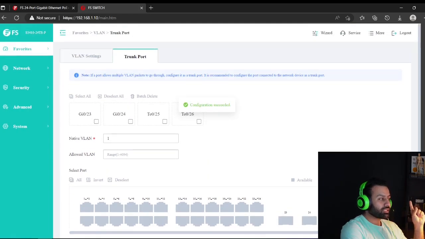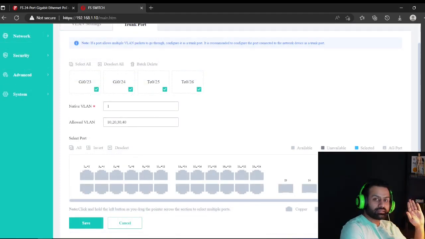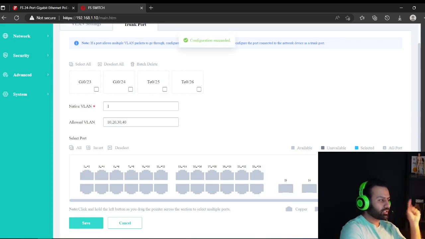All right. Once I save in here, as you notice, Giga 0/23, 0/24, 0/25, 0/26 are members of the trunk, and the native VLAN is number 1. I would say VLAN 10, 20, 30, 40 are allowed, but the rest, if you see any other VLAN, don't allow. Again, I would say 23, 24, 25, 26. Save. Beautiful. Successfully saved. So allow VLAN means VLAN 10, VLAN 20, VLAN 30, VLAN 40 between these two switches,